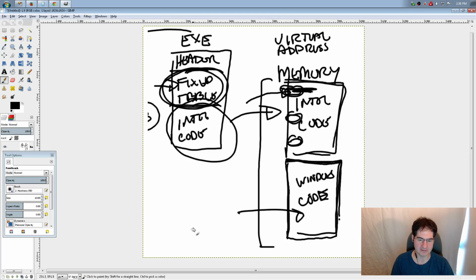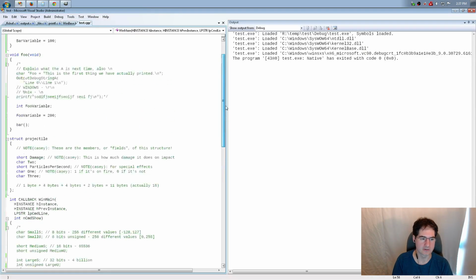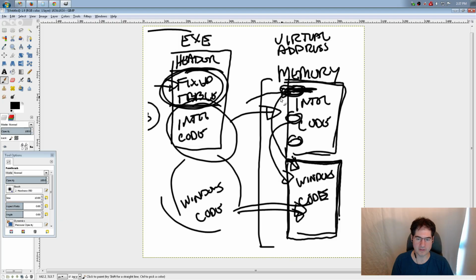So it takes it from its space, right? Here's the actual Windows code that's running in its own address space and doing whatever it wants to do. And it goes ahead and maps that into your address space. Then it patches up your code to point into that code. So when we had our code, I don't know if it's still in there. I think it is. Yeah. We had this output debug string call, right? And we needed to call Windows. That's what was going on. When the code was loaded, it was finding that call using the fix-up table that the linker output, and it was patching a call to the actual location of output debug string, which was somewhere in here, right? That's roughly how linking goes.